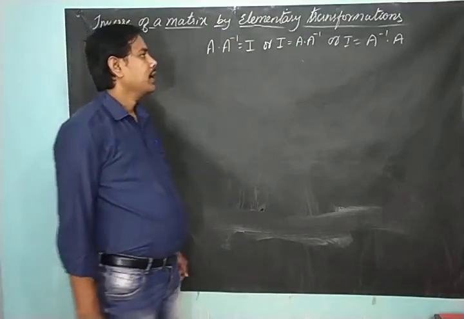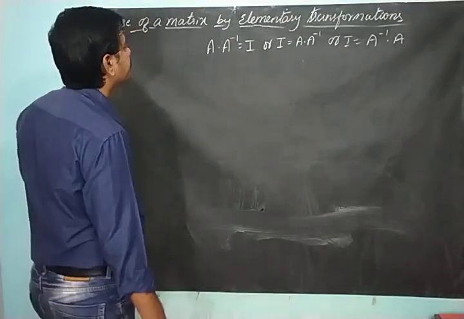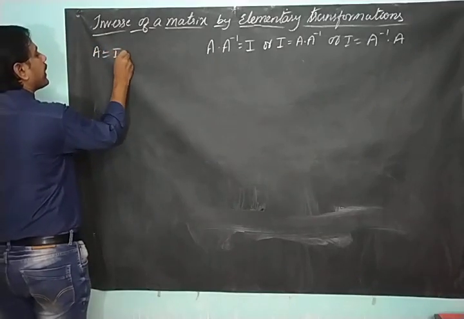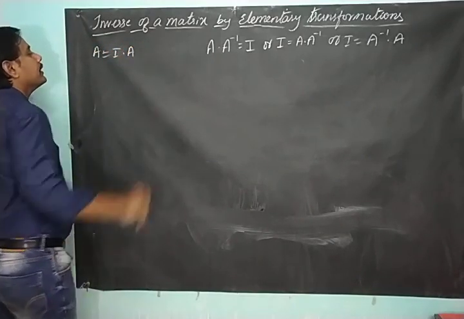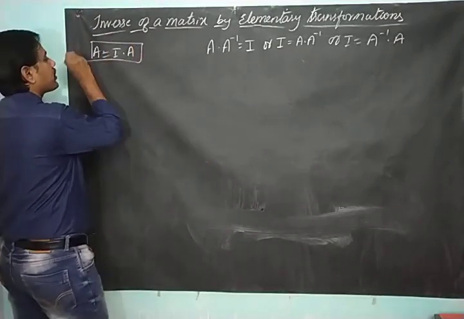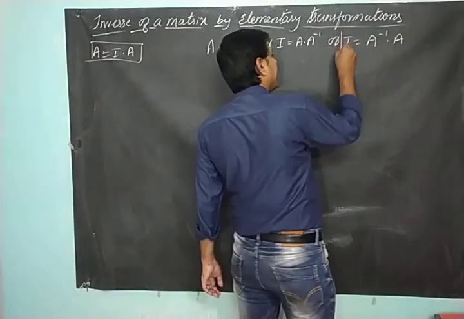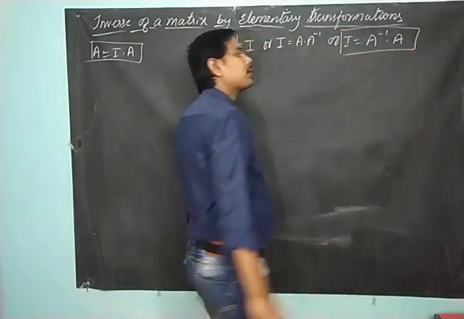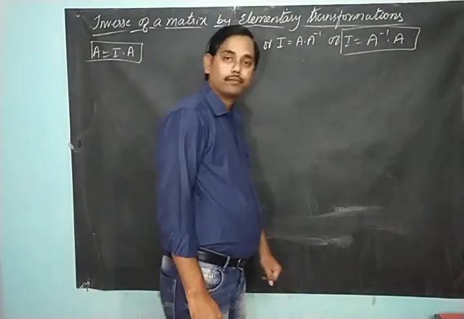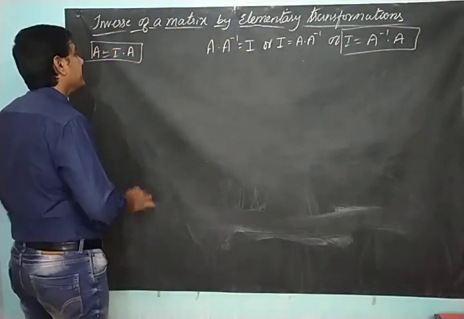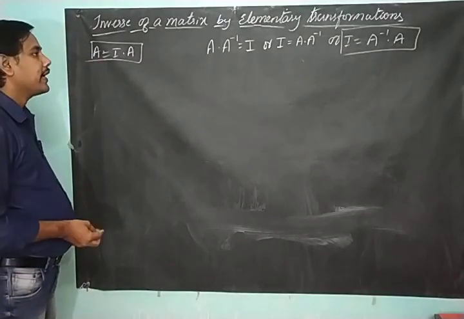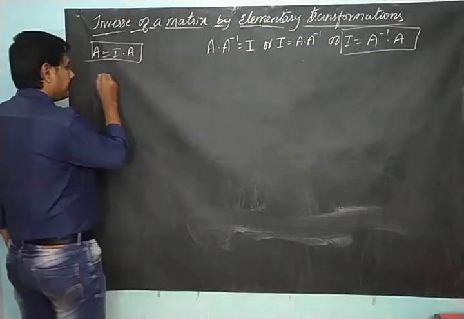And also we know that A can be written as I into A. With the help of these two equations, A is equal to I into A and I is equal to A inverse into A, we can find the value of A inverse. How is that? So we know A is equal to I into A. For example,